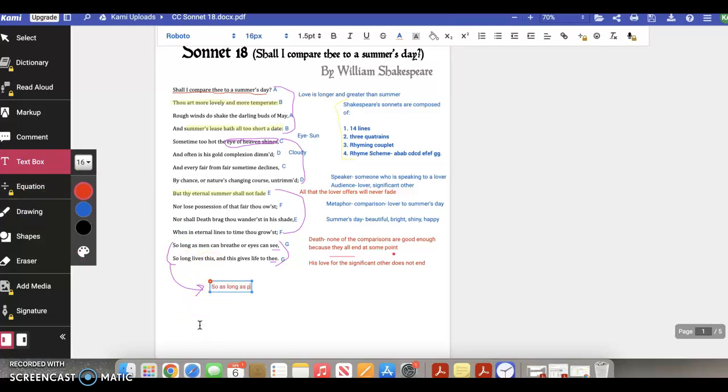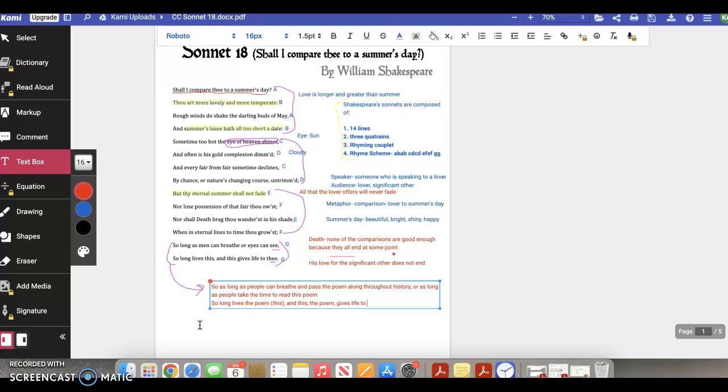So as long as people can breathe and pass the poem along throughout history, or as long as people can take the time to read this poem, so long lives the poem. So the poem is this, and this, the poem,